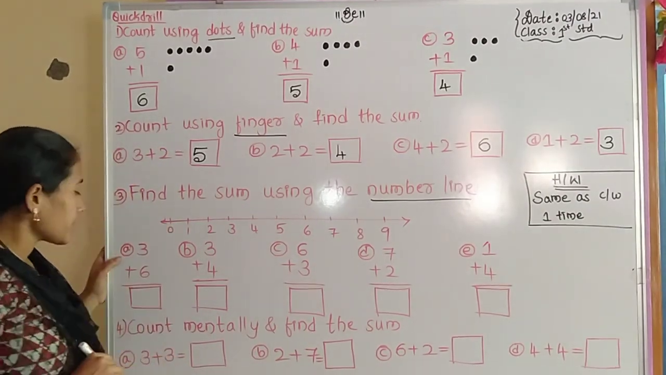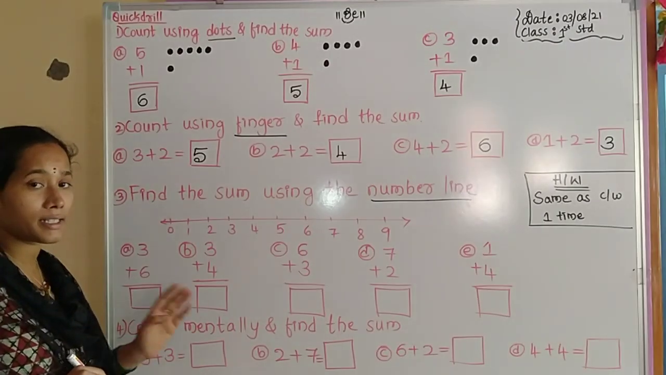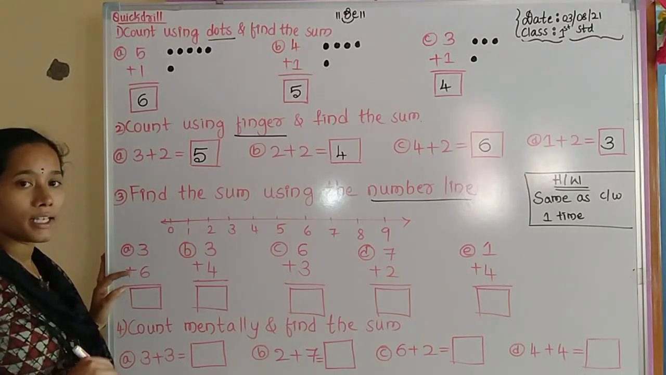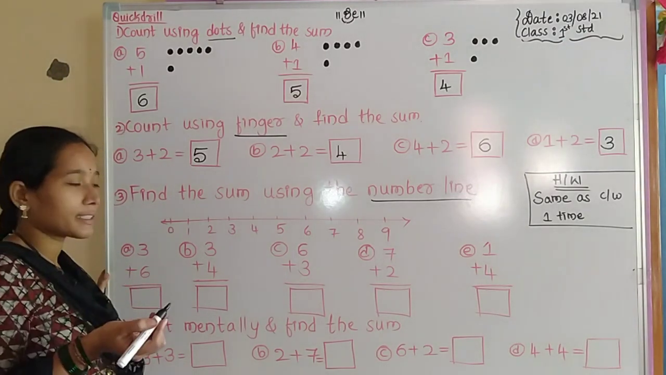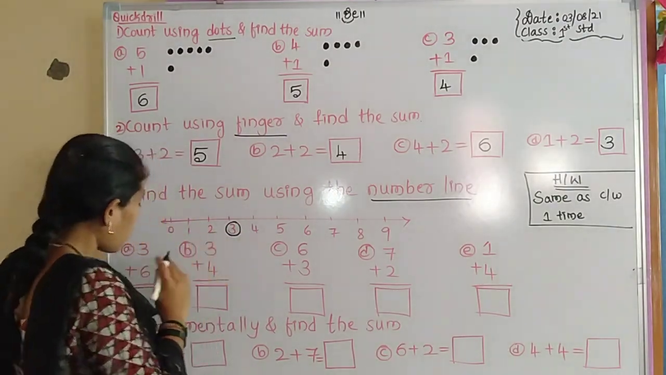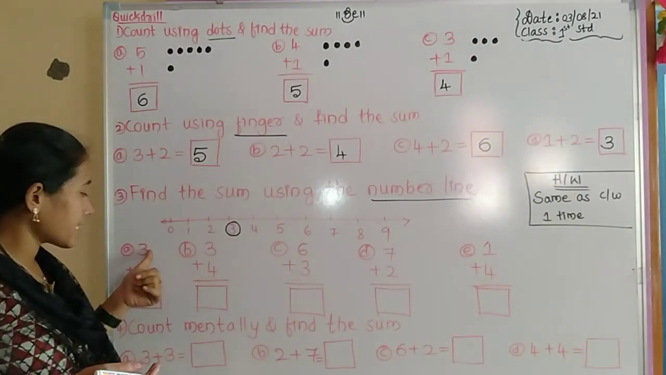See here. First one, they have given the number line here. 0 to 9 numbers. That is the single digit numbers. The first one is 3 plus 6. 3 is the first addend and 6 is the next addend. So 3. Here 3. We have to move how many steps forward? 6 steps. 3 is the first